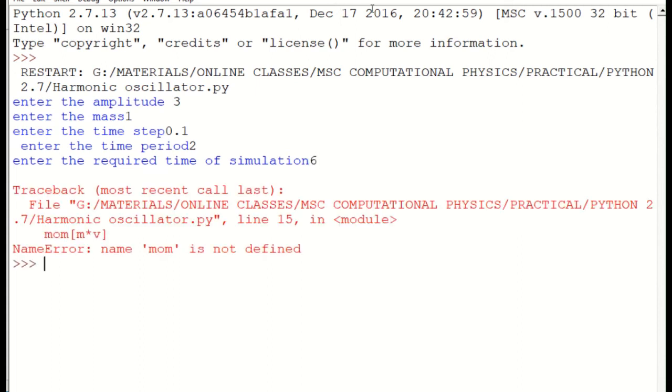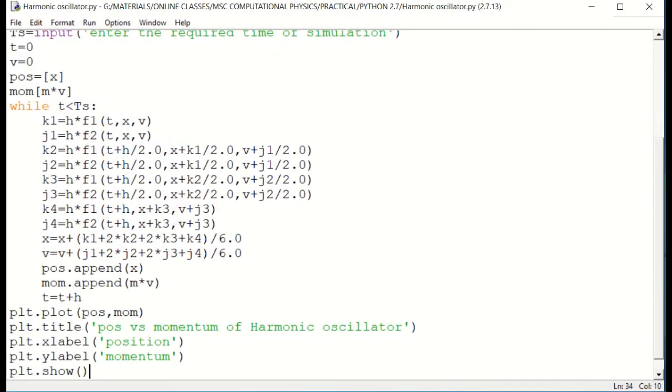Okay, so hooray, we have got some error. We'll see that MOM is not defined. MOM, okay, so it's somewhere here. MOM equals, so we forgot this thing.